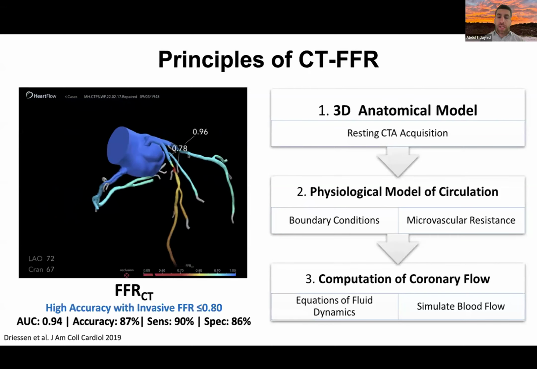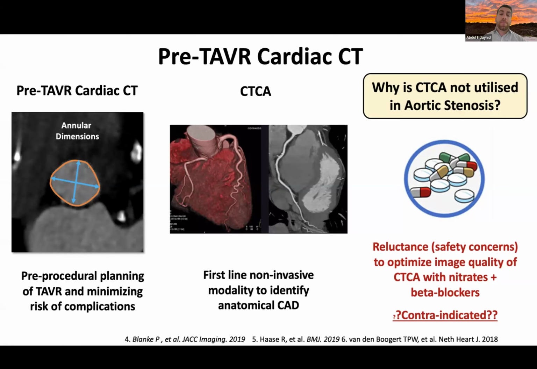But all to say that the question then arises: CT is a great test for coronary artery disease, and everyone's getting a CT in aortic stenosis, yet we're still doing an invasive angiogram. Why is that? We're doing a pre-TAVR cardiac CT for procedural planning, and it is used to assess coronary anatomy. But for many, the reason CT is not used in aortic stenosis is reluctance to optimize image quality,